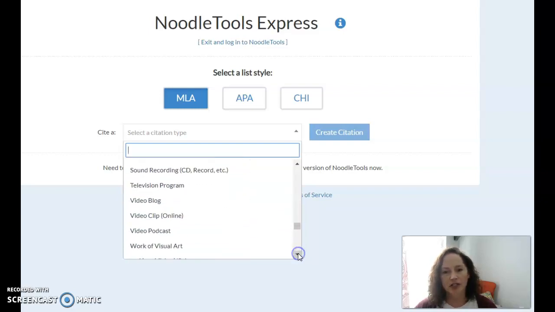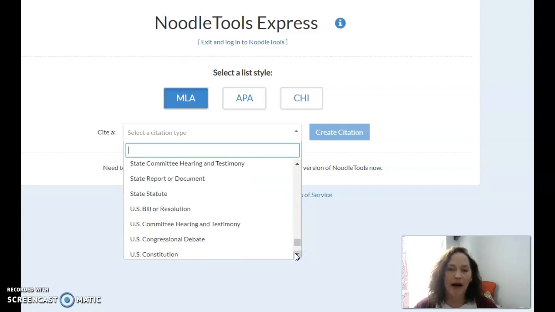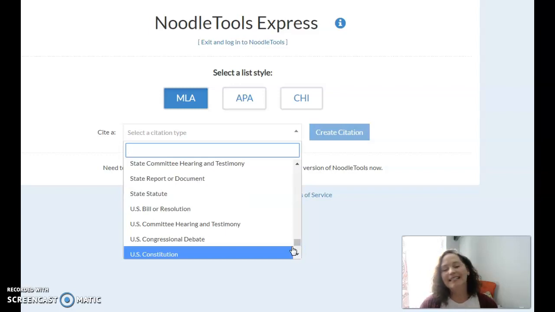When you go into the insert citation feature in Word, it's going to give you about 4 or 5 options, even the updated one. So it doesn't give you all of the appropriate boxes to put in all of the information that you need for a correct MLA citation. Plus, when you use the insert citation feature, I can't go in and type in what is correct.